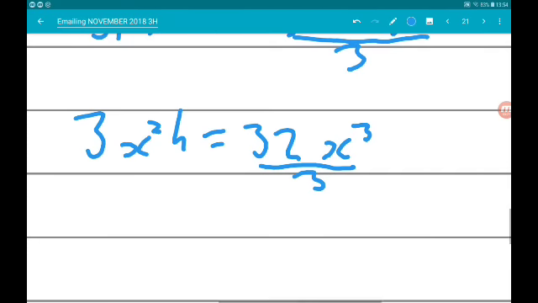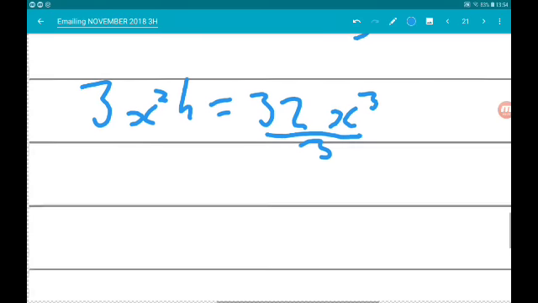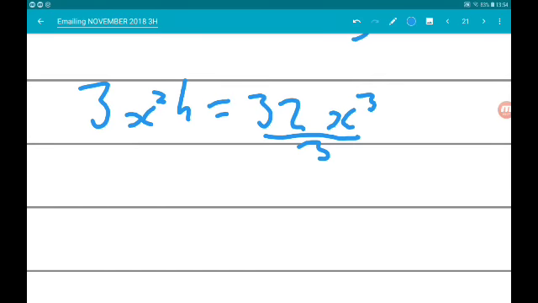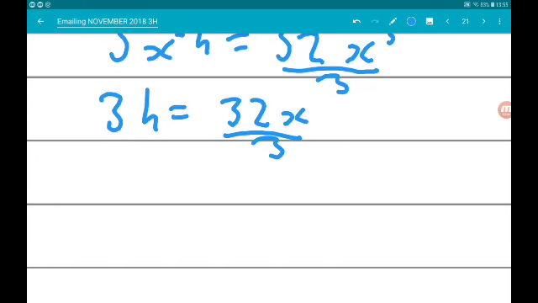We have a common factor of x squared on both sides, so we can divide that away, so we get 3h is equal to 32x over 3, and then finally divide 3 by the 3, h is